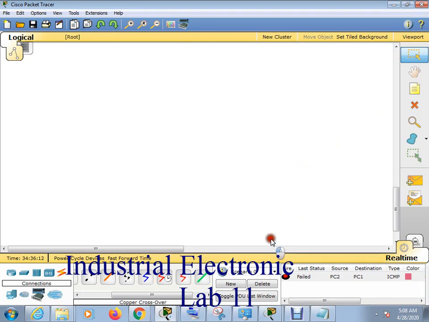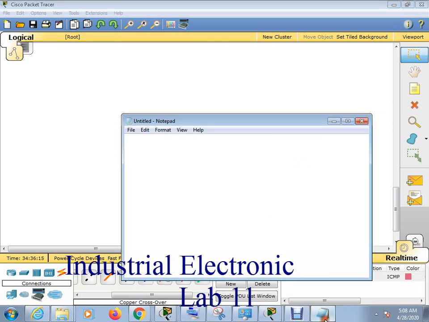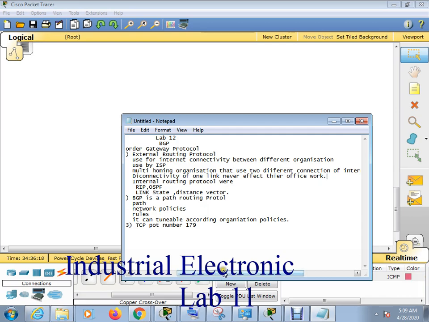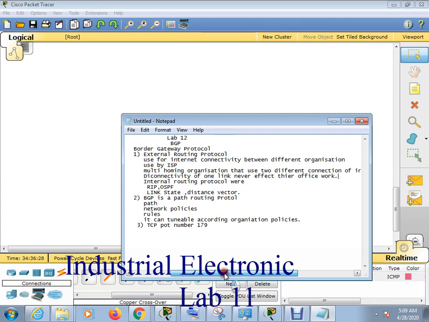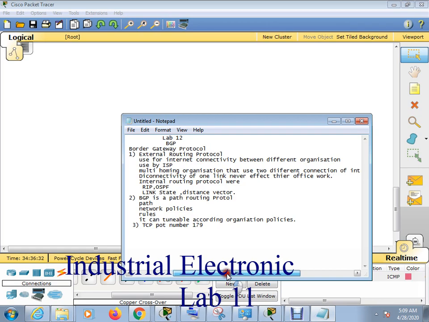So today our lab number 12 is about BGP. What is BGP? BGP is the Border Gateway Protocol, an external routing protocol. It is used for internet connectivity between different organizations, used by ISPs and multi-homing organizations, the organizations where two different